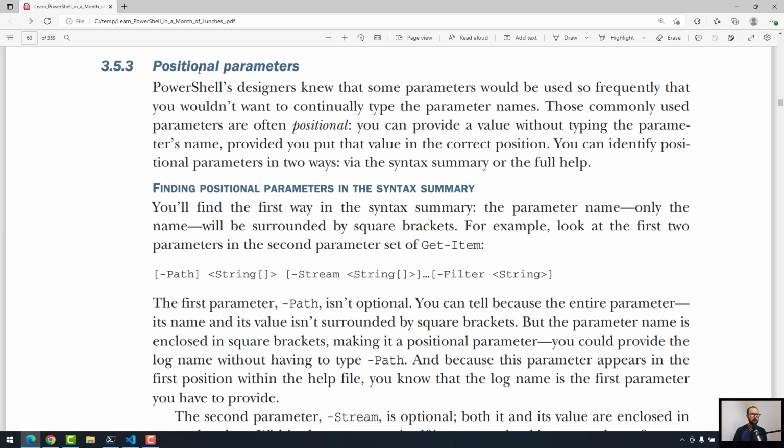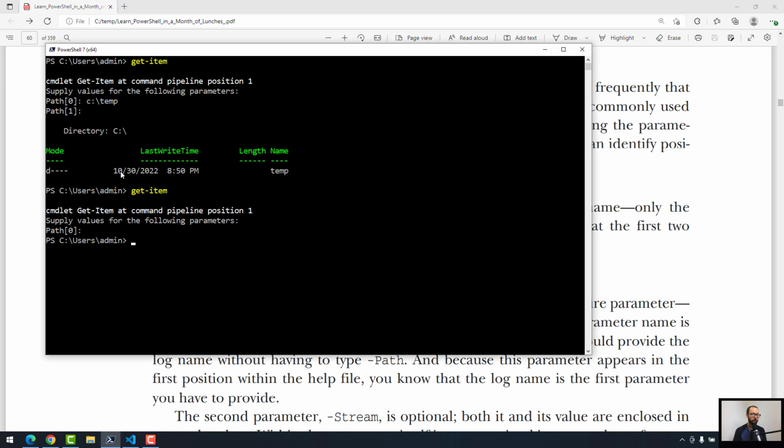Positional parameters are interesting. Many cmdlets allow positional parameters, meaning the first 1 or 2 or 3 or however many they specify parameters are going to be assumed, so you don't actually have to type the parameter name when entering the cmdlet. So like Path, for example,